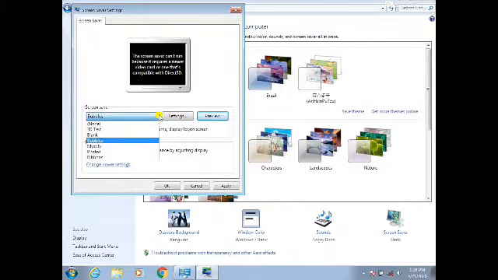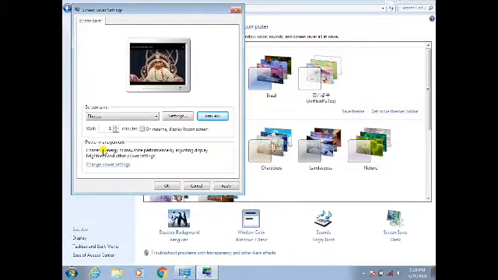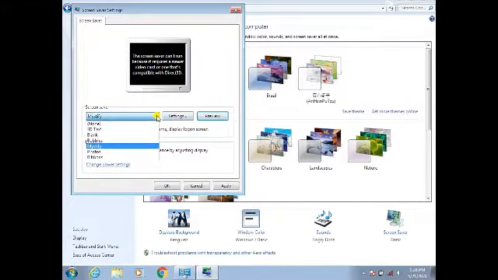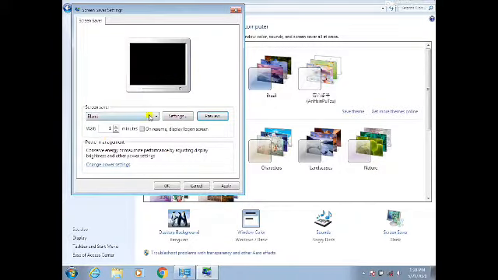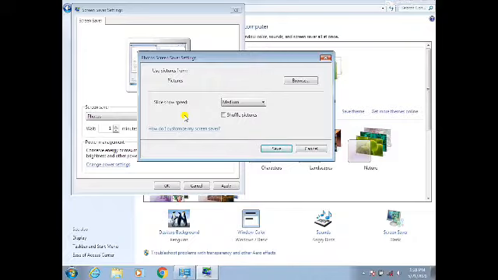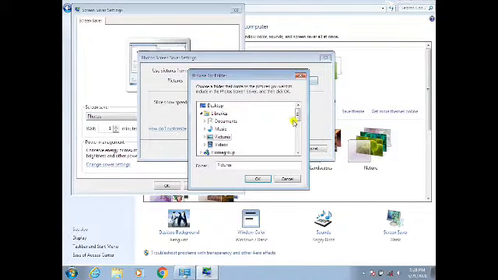Photos. Okay, photos are there. Ribbons, blank. So various options are there. This photos option is there, and then changing this view. Picture browse, I want to set the screensaver picture. Just click here, my pictures.